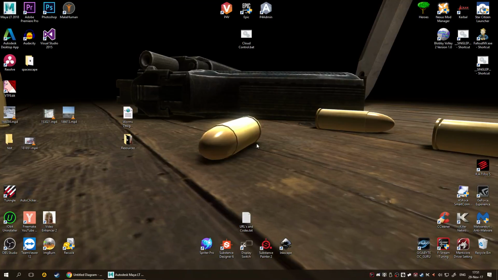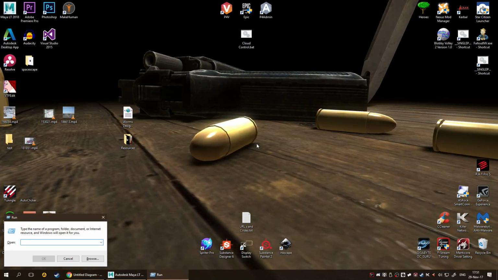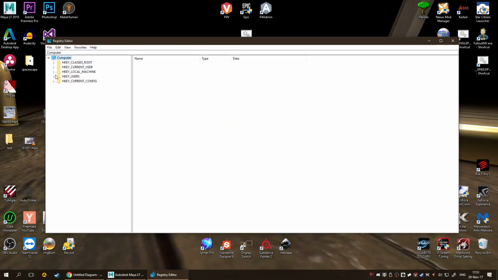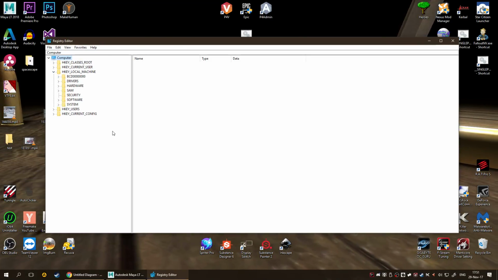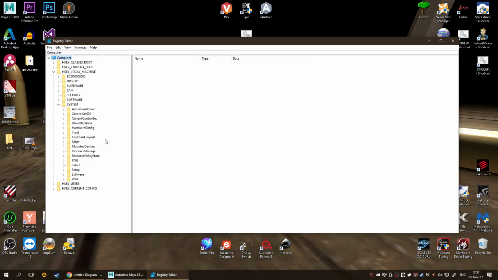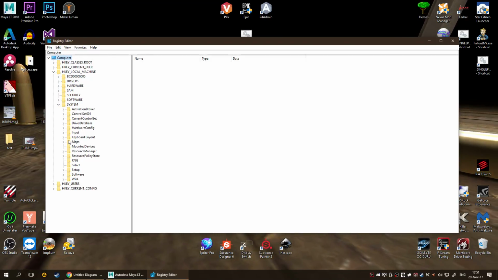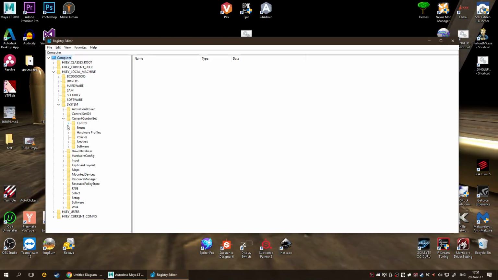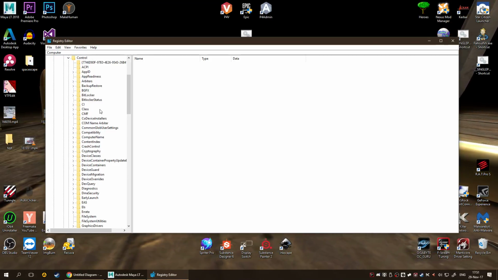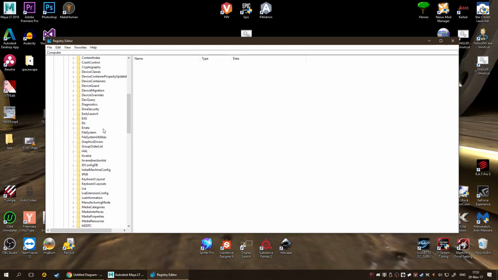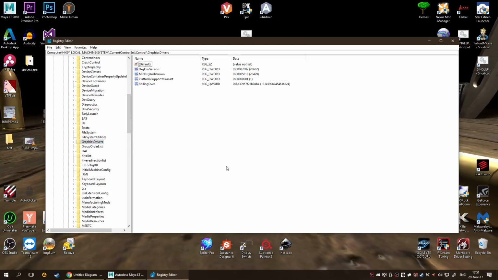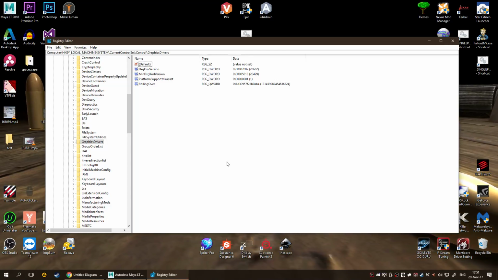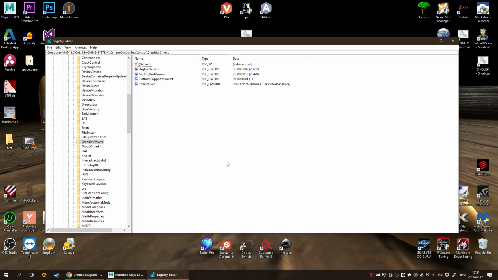So what you want to do is run regedit, right? You want to go into your HKEY_LOCAL_MACHINE, go into System, go into, where was that now? CurrentControlSet, that's what you want. You want to go into Control, and then Control, you got to go into your, where is he? GraphicsDrivers. Now in the GraphicsDrivers, you may or may not have something called a TdrDelay and a